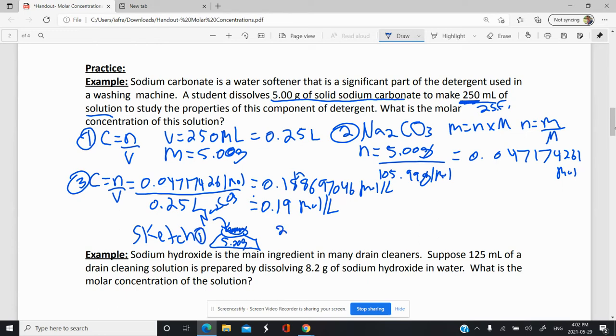Your step 2 would be to grab a volumetric flask. And this volumetric flask is a 250 milliliter volumetric flask. You would take the solid and put it into that flask. So that's step 2. And then step 3 is basically